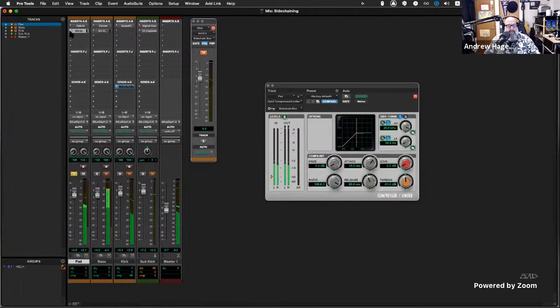And because I'm lazy, I'm going to get rid of this compressor, and I'm just going to hold the Option key and copy these settings right over. And let's see how that works for us. Now that gets a little bit too extreme for me, so what I am going to do,